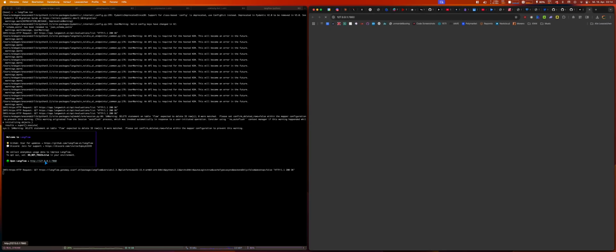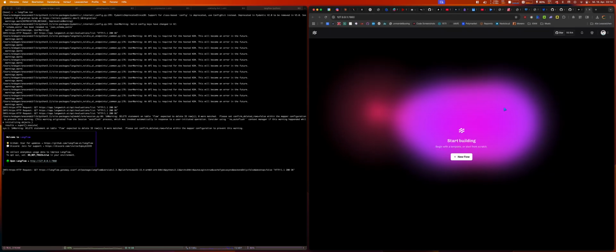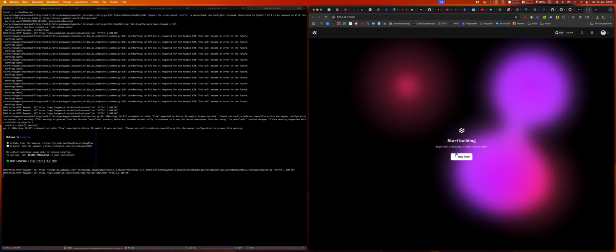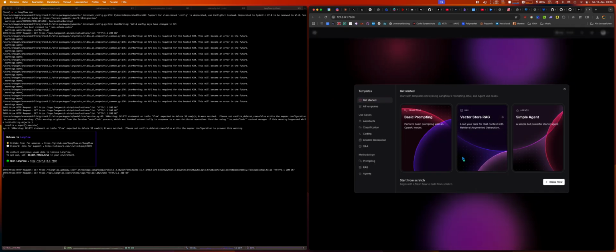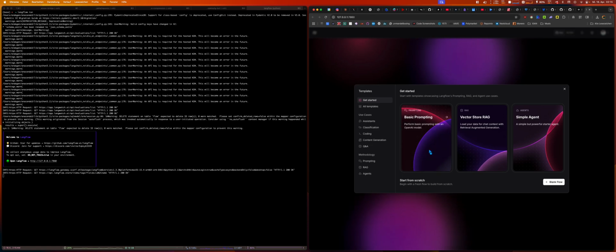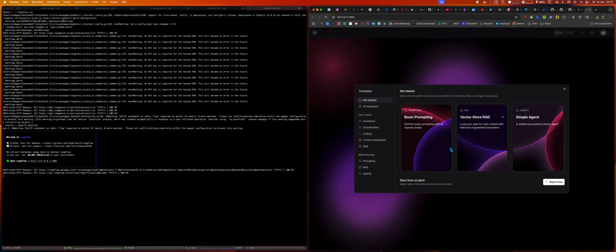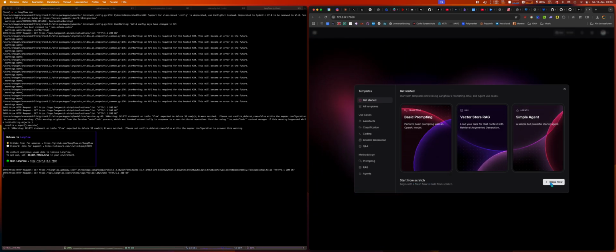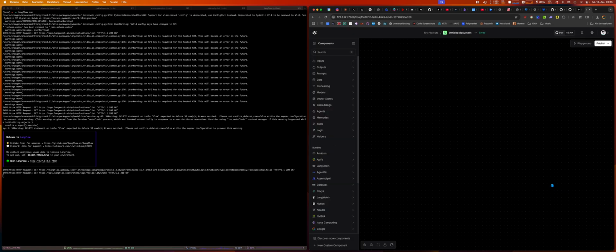Okay, so we can open this up, and this is how this will start up. You can just click New Flow to create a new workflow, and you have different presets that you can use. In our case, we just want to have a blank flow for now. And so what do we want to build? We want to build, let's say,